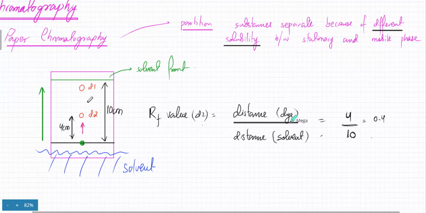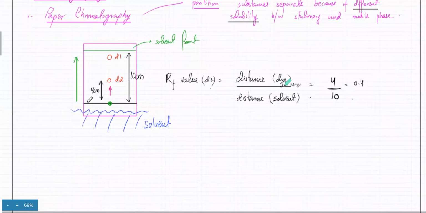Now the separation is only possible if the dyes have different RF values, if they travel different distances. So that's how dyes are separated using paper chromatography. Then there's a thing called two-way paper chromatography. Okay, so now let's talk about two-way paper chromatography. This is something that is exactly the same, except that you did not do this in O levels.